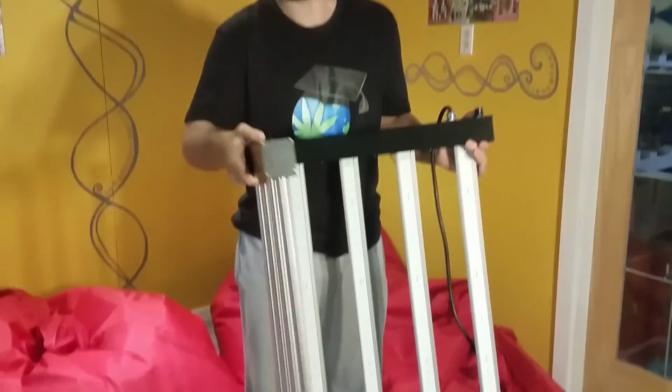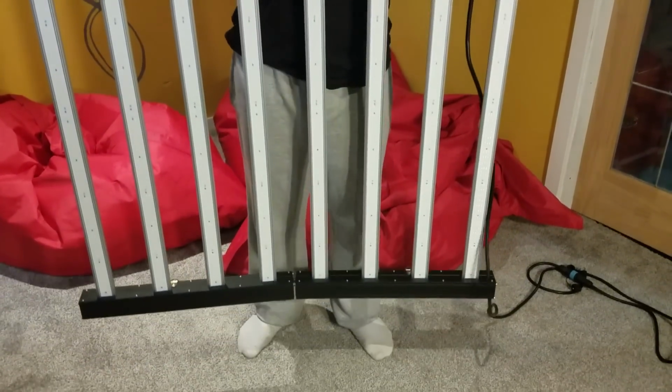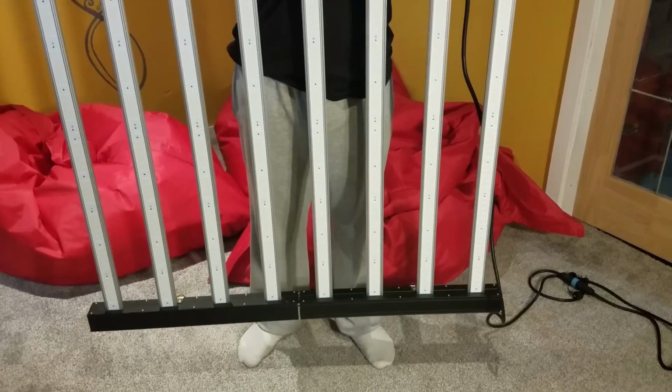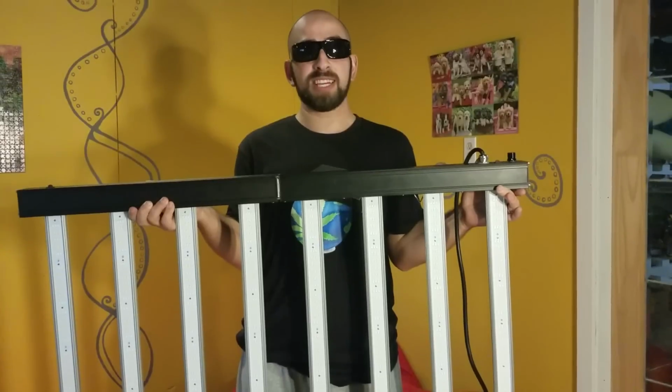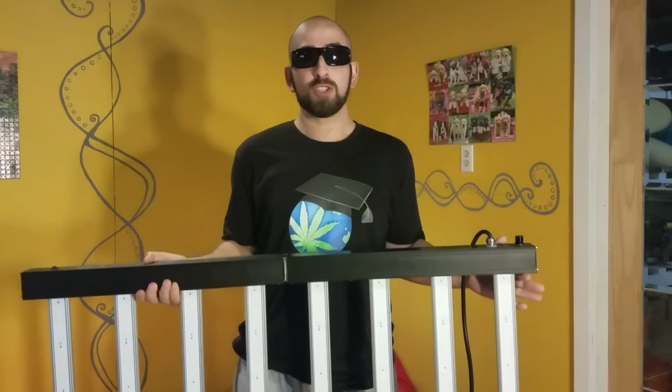Welcome to Lex's World, everybody, and today we're going to be doing an overview and giveaway of this beastly fold-out 30-pound LED grow light. This is the ROI-E680 by TSL Horti and Grower's Choice, and as usual,